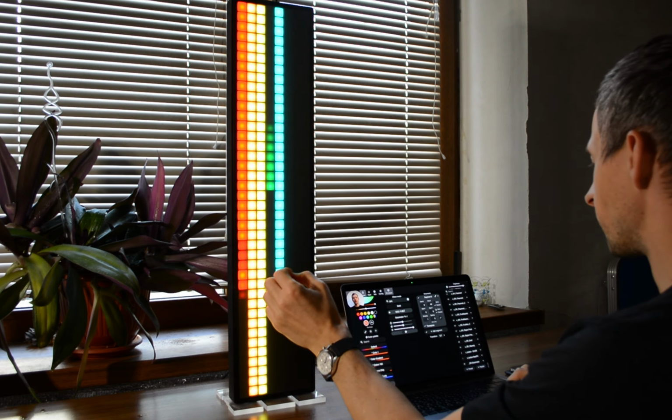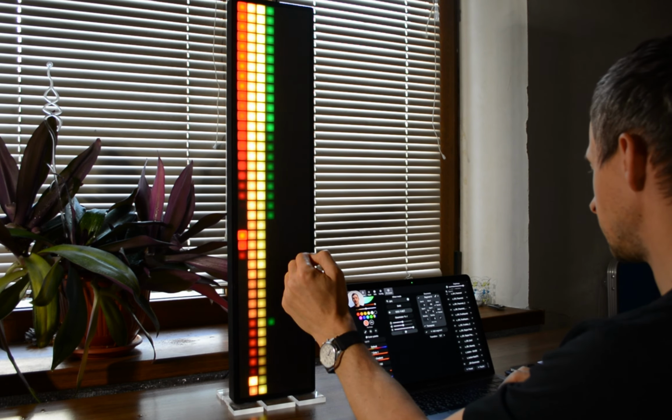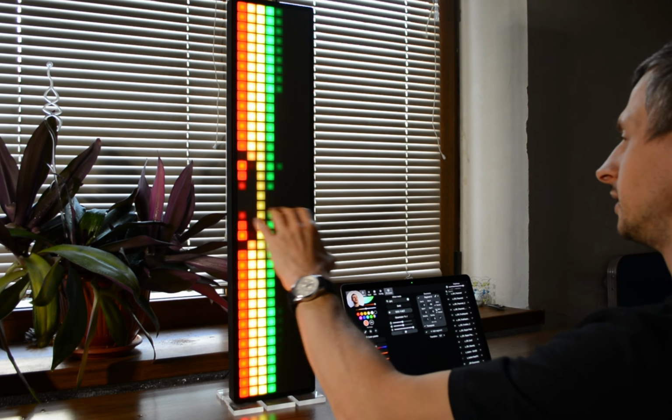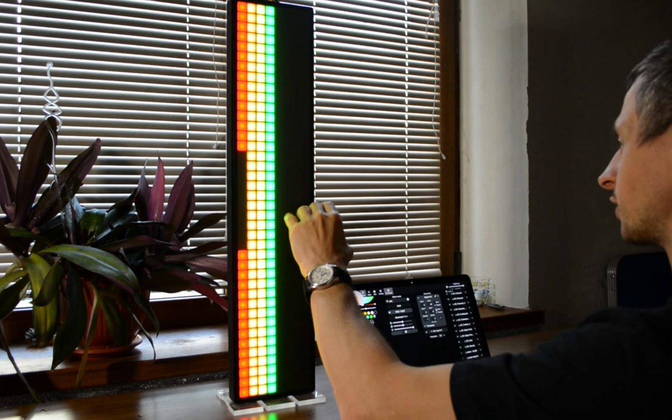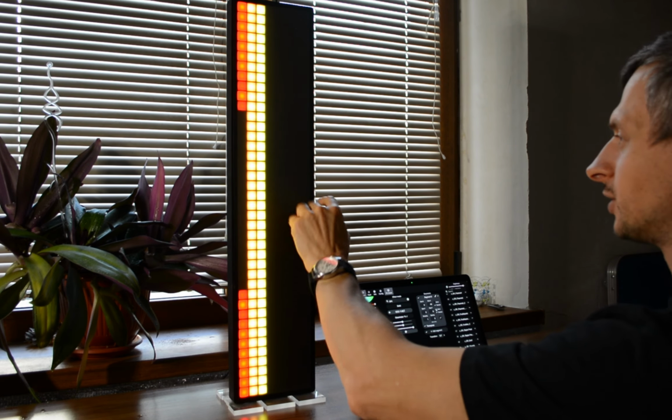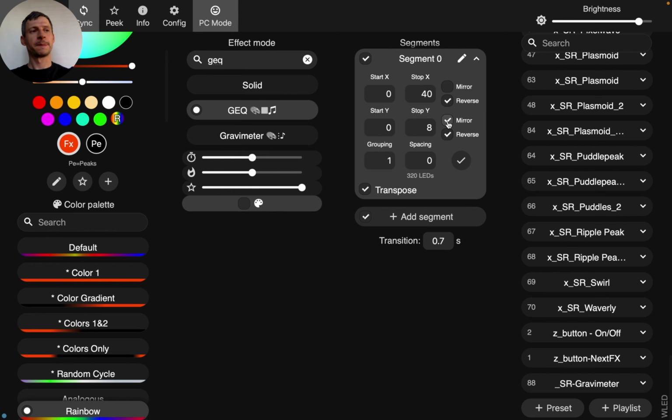If you click mirror in the next row, it will be mirrored by its shortest side. So we have currently our LED screen split here in the middle. It's useful and looks cool for some animation. So I urge you to try all these settings. At least you can change mirror